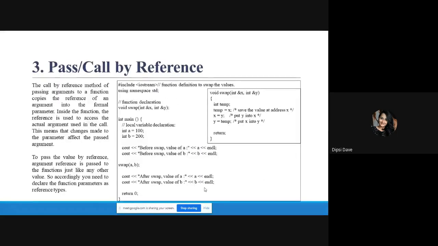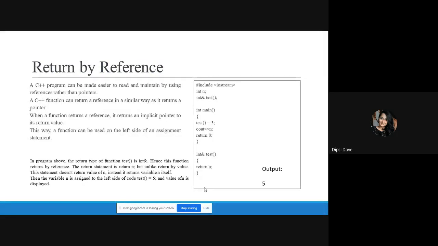Now if you are calling by reference, you can return by reference as well. How can you return by reference? So in C, when you return some value, to catch that value we normally take a variable on the left hand side of the equal to sign, right? But if we are talking about return by reference, and we are returning something from the function, we can write the function call on the left hand side of the equal to sign as well. To catch that return value, we can write the function call as well.